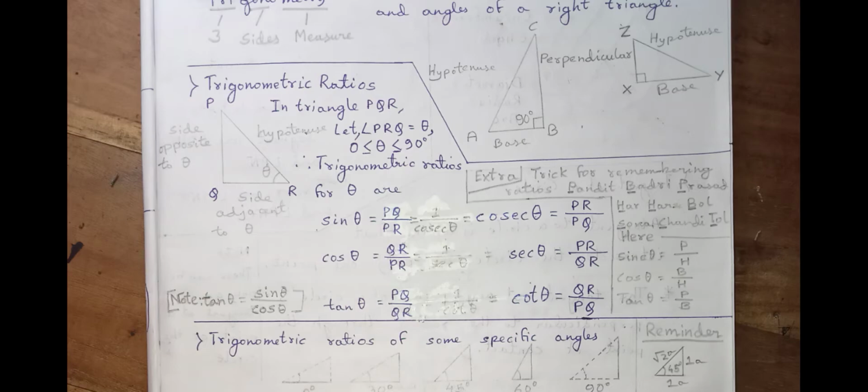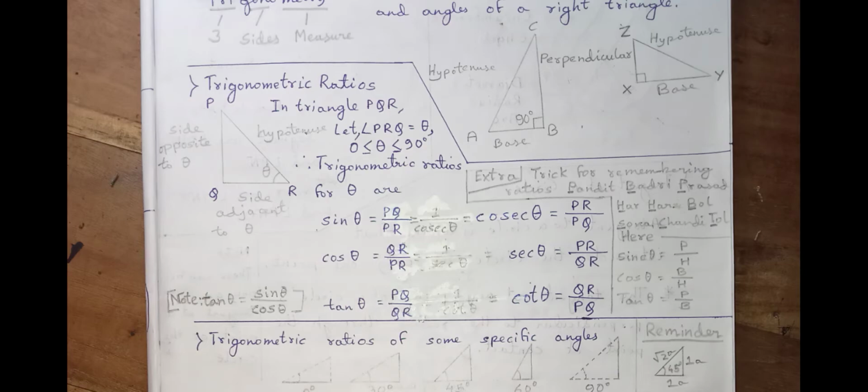So both get cancelled and the remaining is PQ by QR, that is tan theta. Hence tan theta equals sin theta by cos theta. Got it? By the right hand side you can see there's something extra,